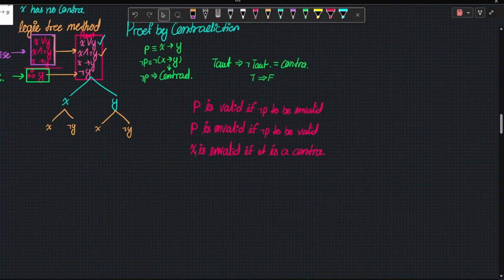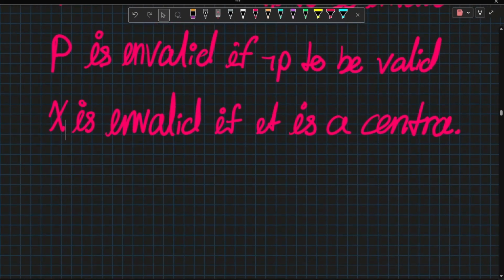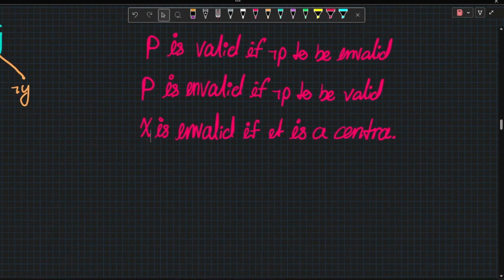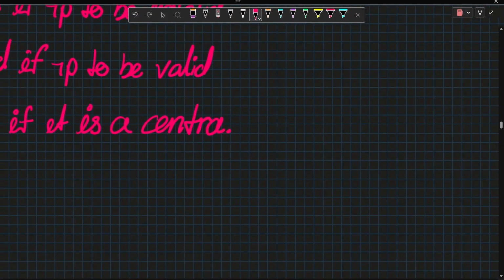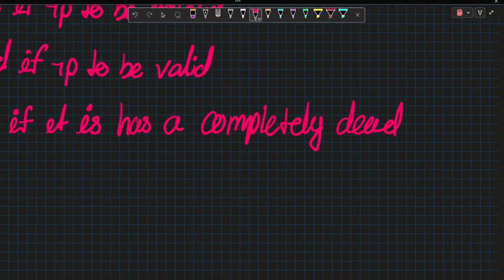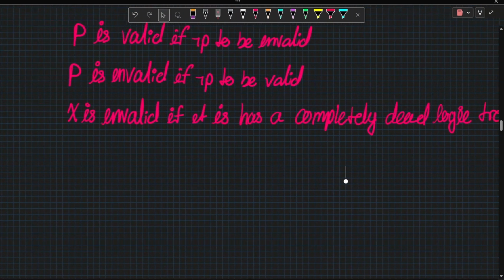So where are we right now? We know that a given argument X is invalid if it is a contradiction. A better way to describe it is that it has completely dead logic, so its logic tree no longer functions anymore. It found all contradictions. So if an argument is found to be completely contradicted,